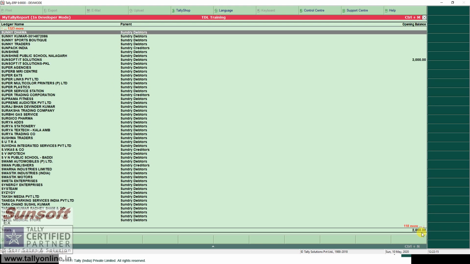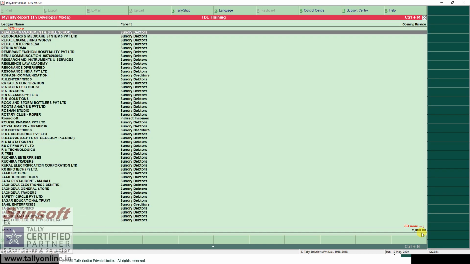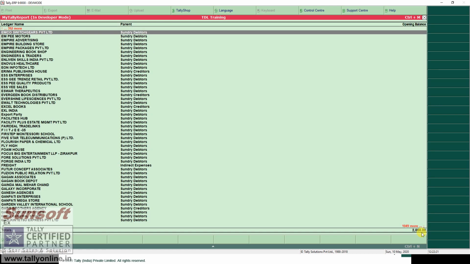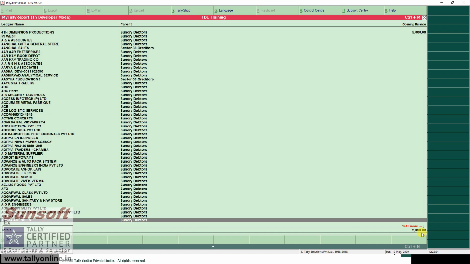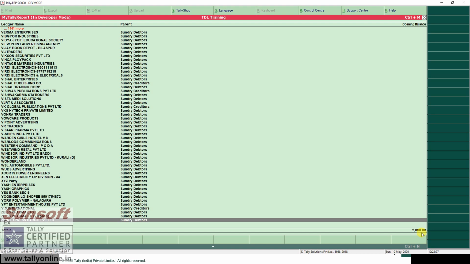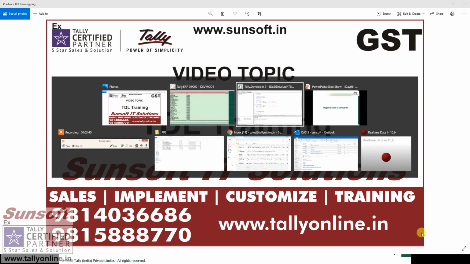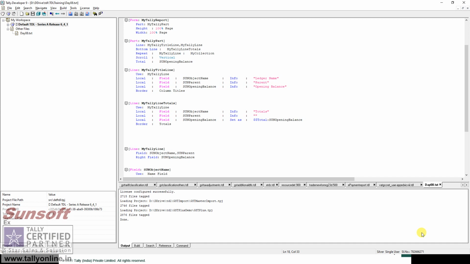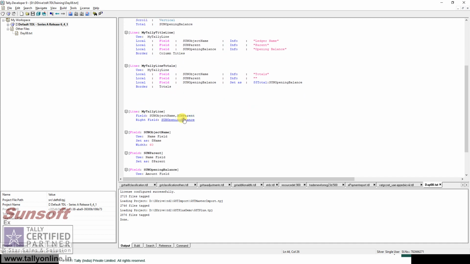So now why it is coming as 3000 is because there must be a difference between debtors and creditors. Now since this is printing debit and credit in the same column, I am not able to know whether it's a debit balance or a credit balance. Now to do that, I define two fields in the bottom line as Sum DR opening balance and I introduce one more field.